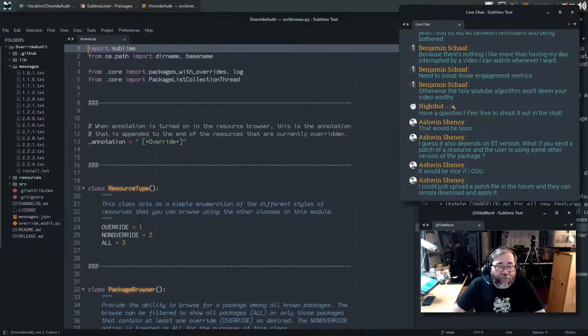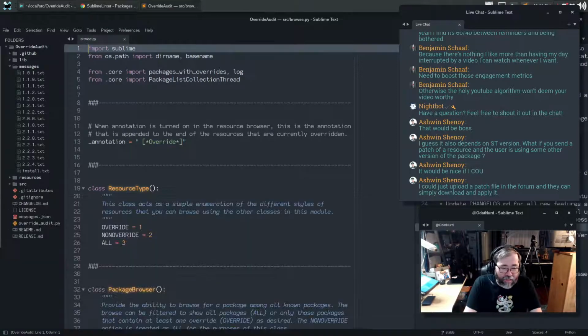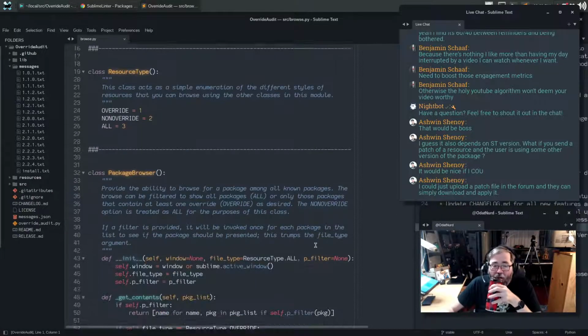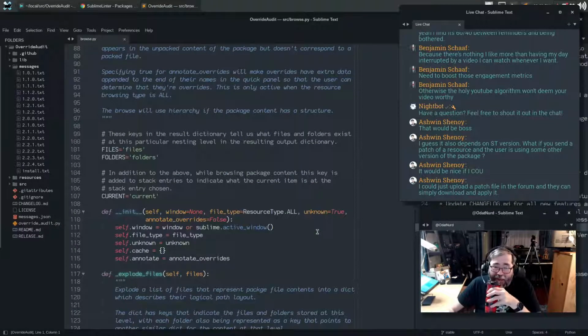I'm sure we'll have to go through this with a little bit of, will that work? Yes. A little bit of trial and error and see, because it's been a bit since I've actually looked at this code. It should be fairly well commented for this sort of thing, one hopes. Anyway,